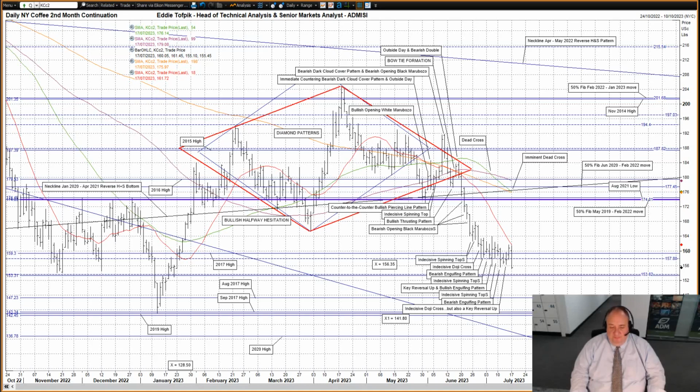New York coffee. We've seen a pause, for two weeks or so, from the definitive break lower from the second, flatter, but also lopsided and larger January to mid-June diamond pattern. It's the one that's highlighted in bright red on my daily chart, as compared to the original February to late May diamond pattern. Over the last few weeks, prices have pushed down enough to break through and close below the following: